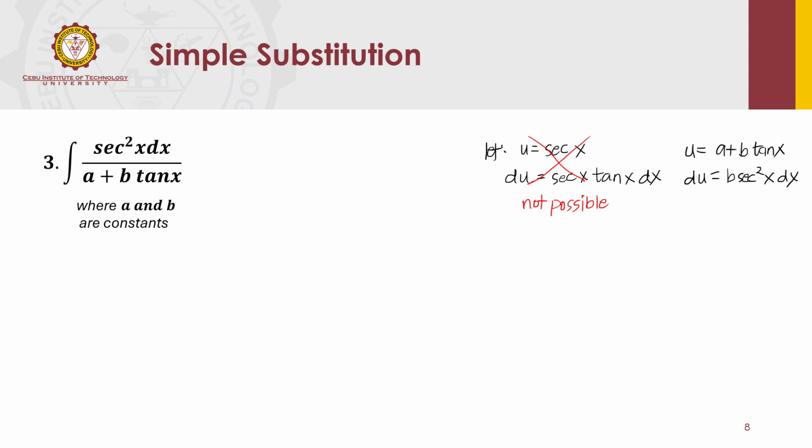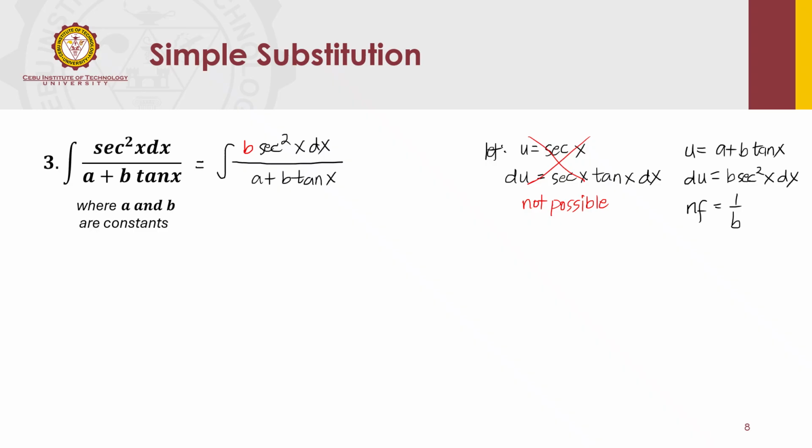So our neutralizing factor would be 1 over b. Okay, the reciprocal of the lacking factor. So I will not shorten the solution, but you can directly transform it into a function of u times du with the neutralizing factor. I'll show it first, so that it is easier to understand, that you need to insert a b, multiply it to the existing function, so that you can transform it into u and du.